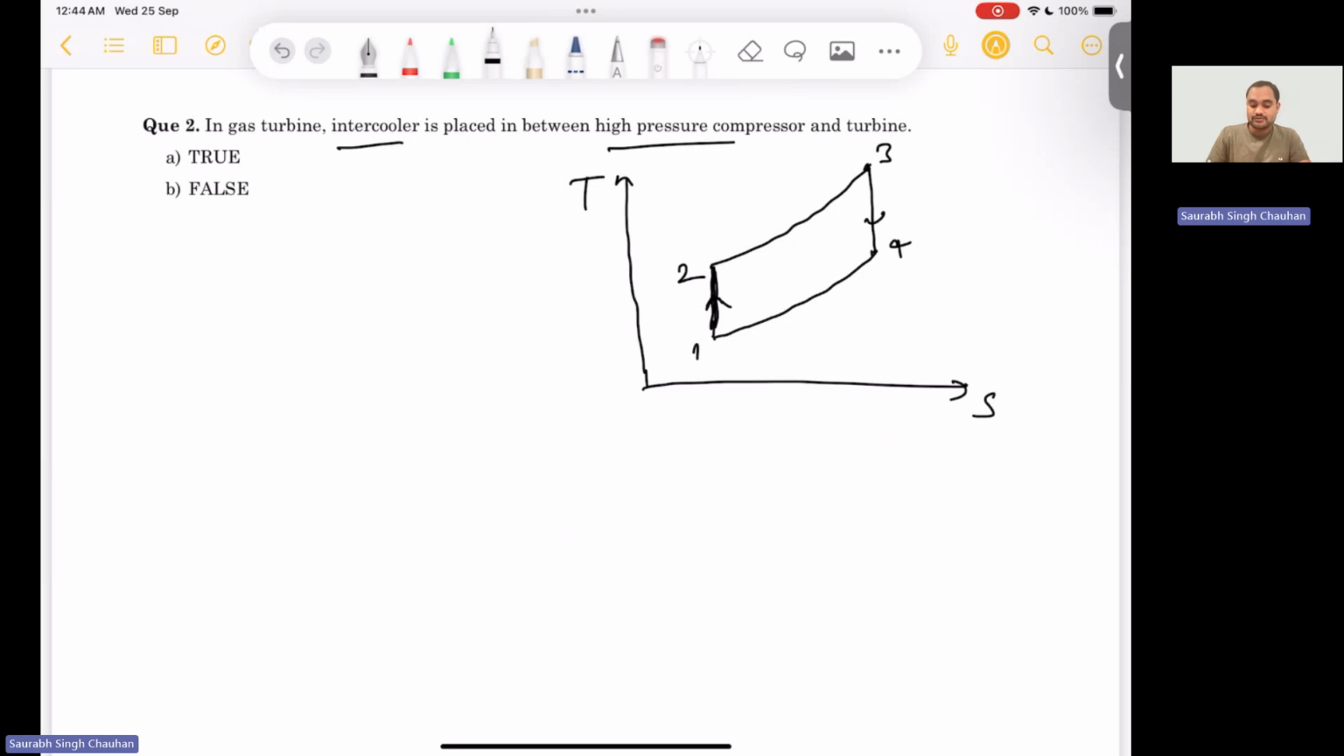If you are compressing the air, basically you are providing some work to the compressor. And we know that compressor work is minimum if the compression process takes place at constant temperature. Isothermal compression takes the minimum work. And also